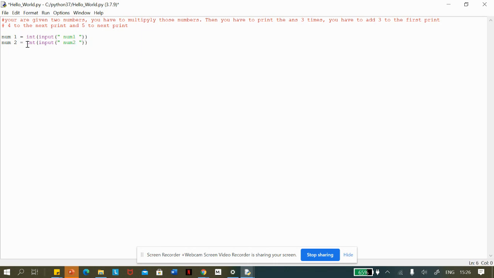Now, how according to you guys would be the quickest way to do this? Right now, we would obviously create a new variable, so answer equals to num1 times num2. Then you would say print